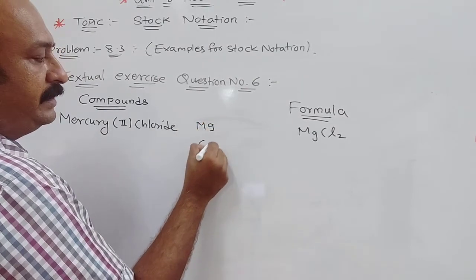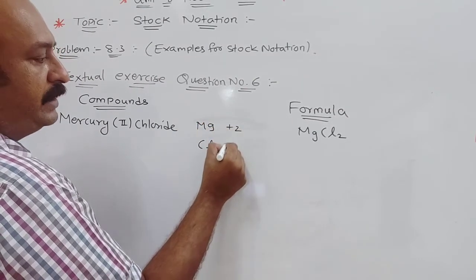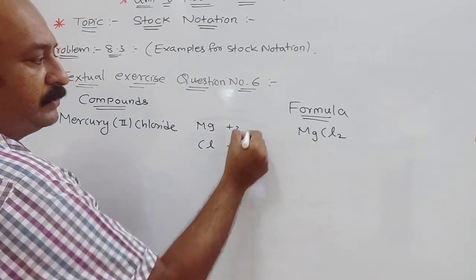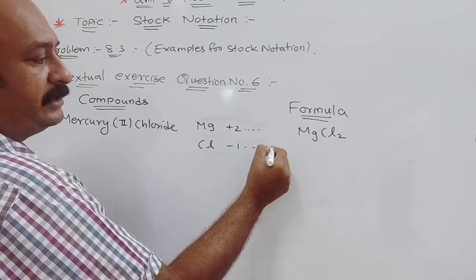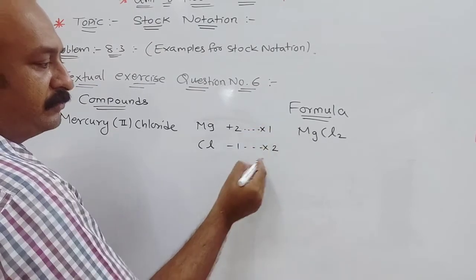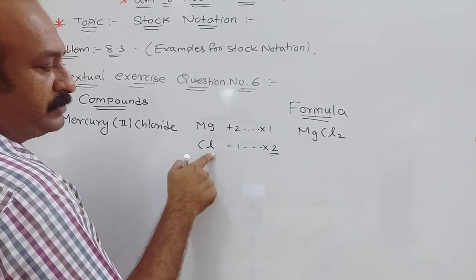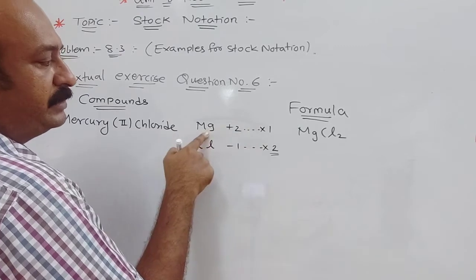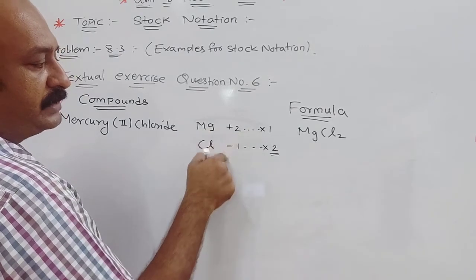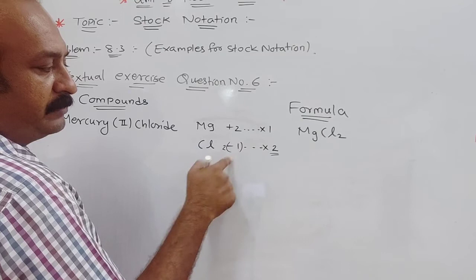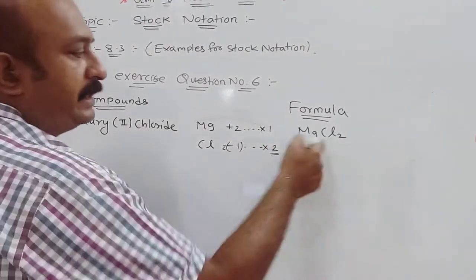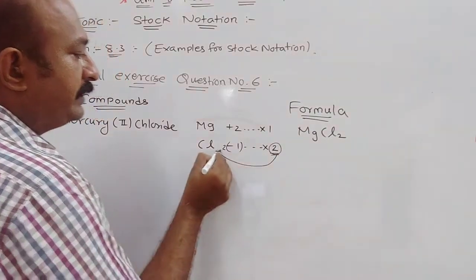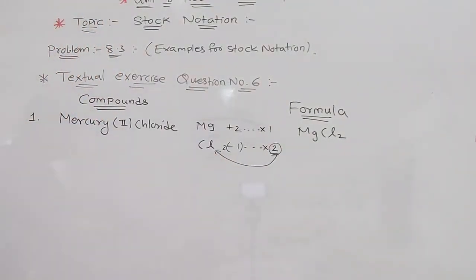Mg, and here Cl. Mg is +2 and Cl is -1. Okay, so this is what I have to do to make it the same. I have to multiply it with 2 and here with 1. So this with 2 it will be Cl2, and with 1, what? Then only this oxidation number will be the same. If I multiply it, -2 + 2, both will become 0. So that's why it is MgCl2. I have written 2 here. Okay, what we multiply, that you have to write.